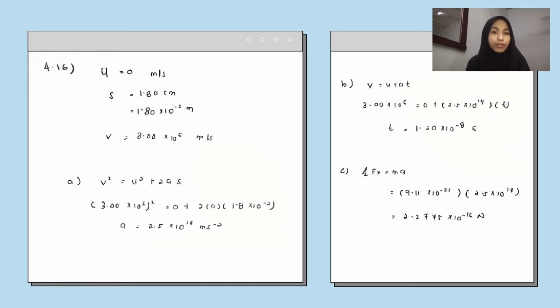So for the first question, we are asked to find the acceleration. As the accelerating force is constant, we can use the equation of motion from chapter 2. So I choose to use v squared equal to u